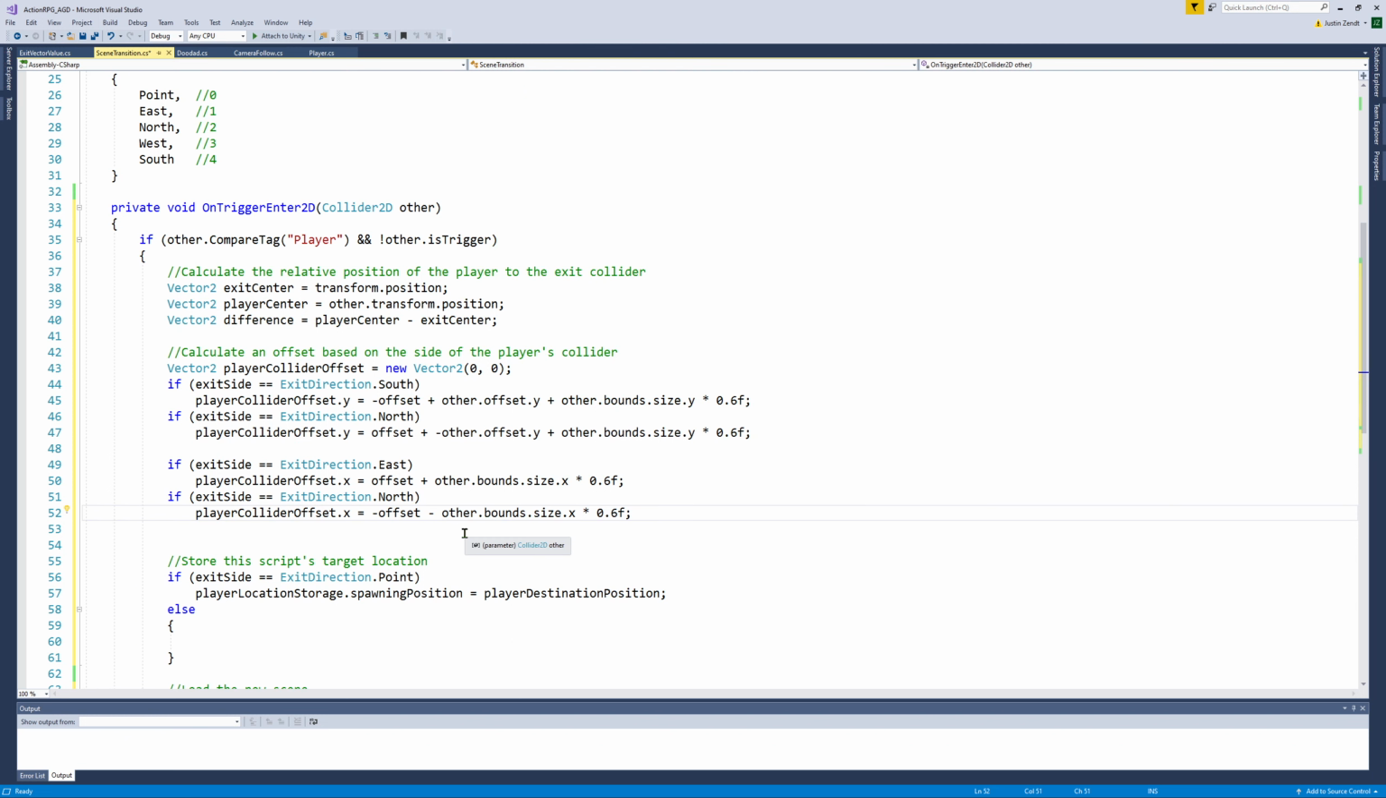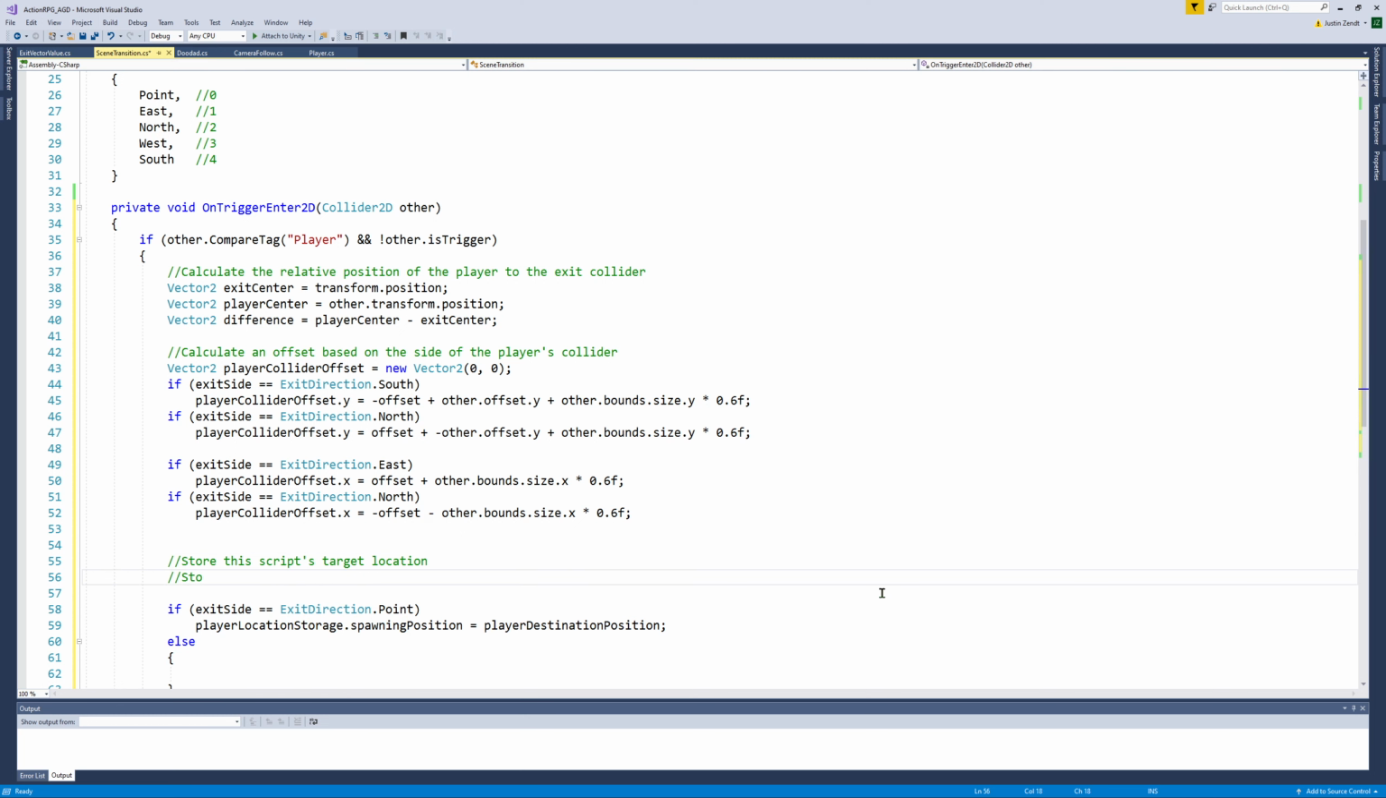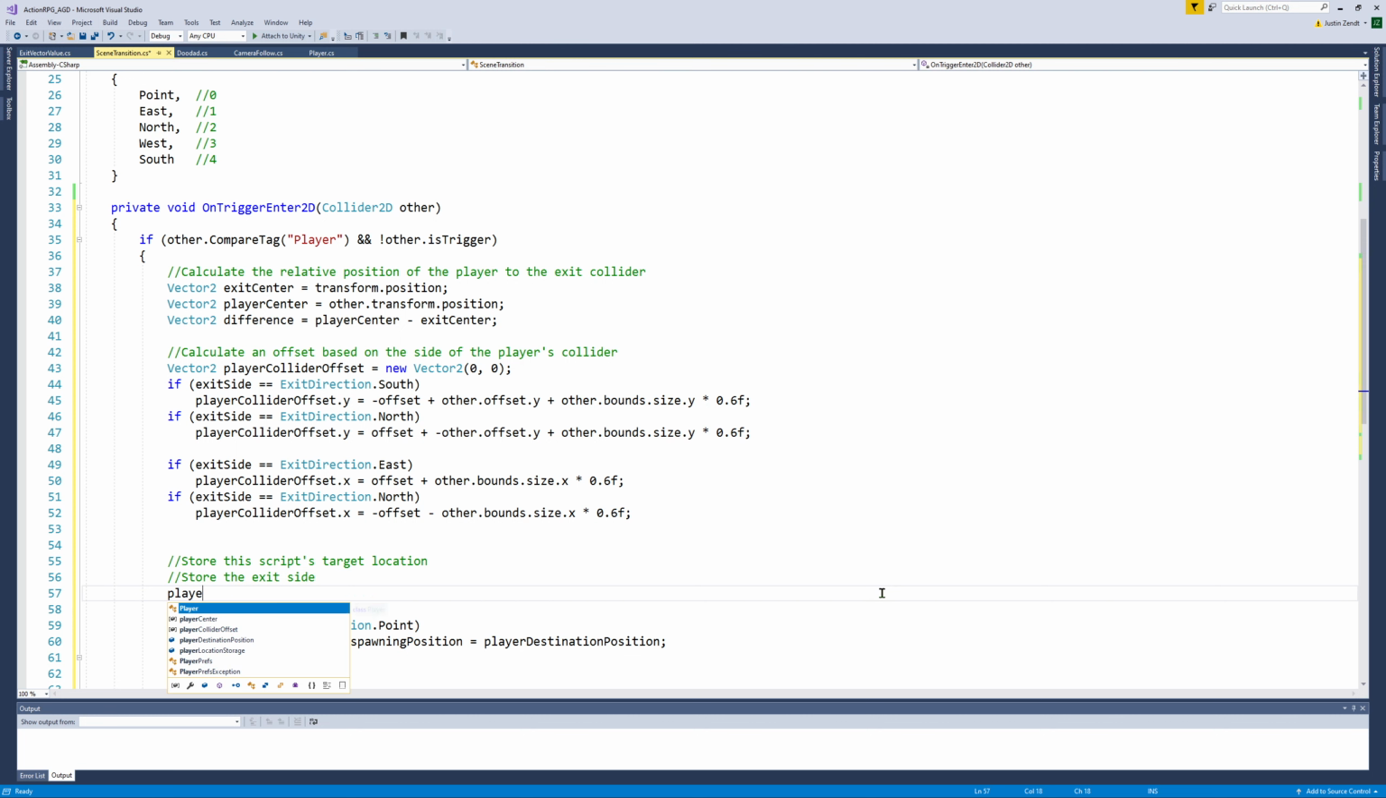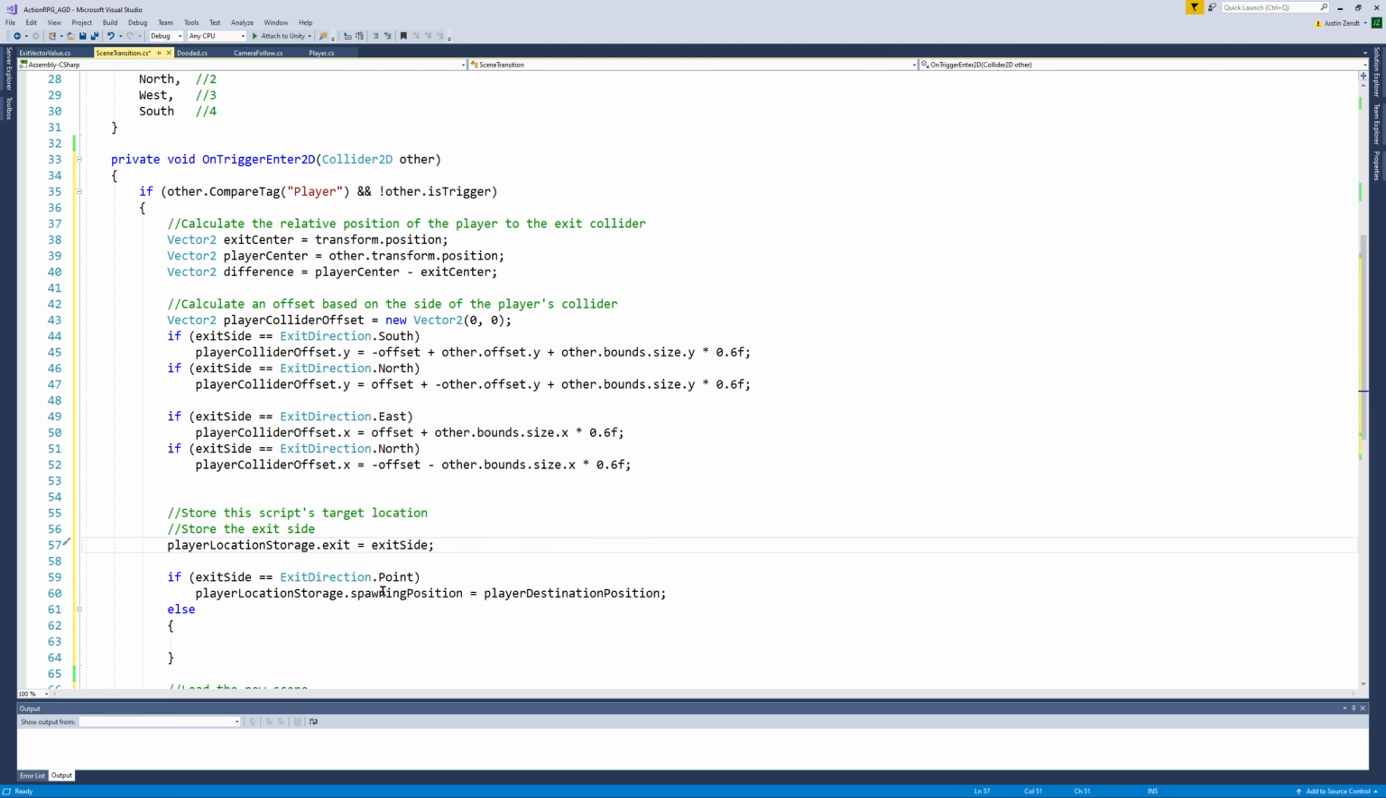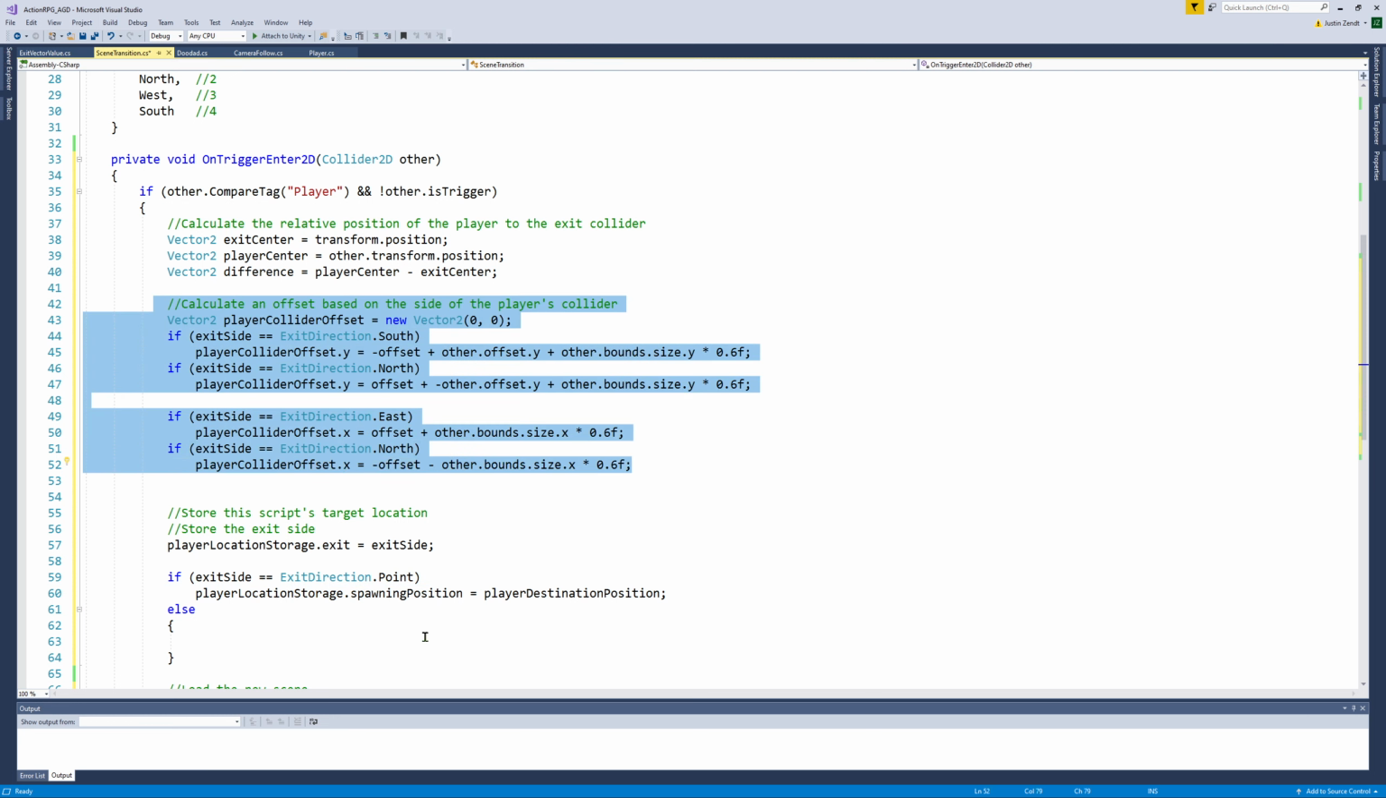So next up is to start to store all this. So we'll store the exit side first, and that's going to be in, what do we call it? Player location storage dot exit equals exit side. So this is that scriptable object. We're tracking which side we exited from. And then now we have to update the position. So that's why we did all these computations. So what we're going to store,